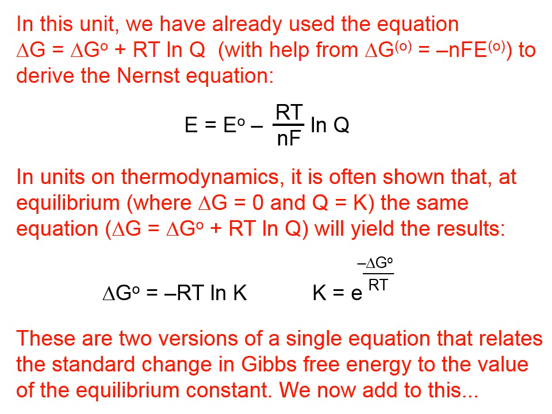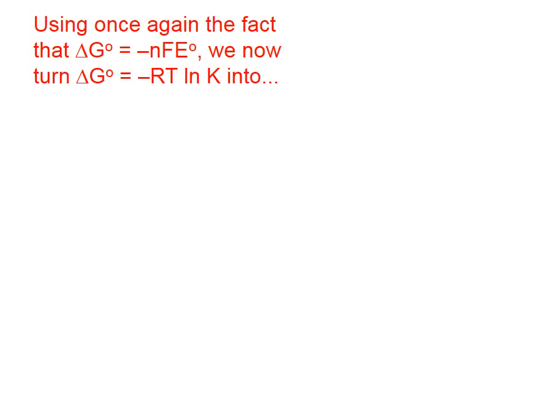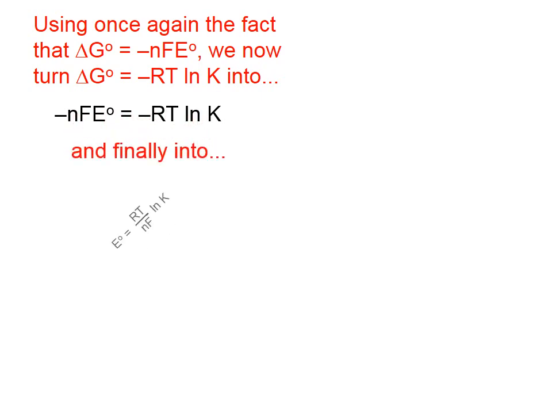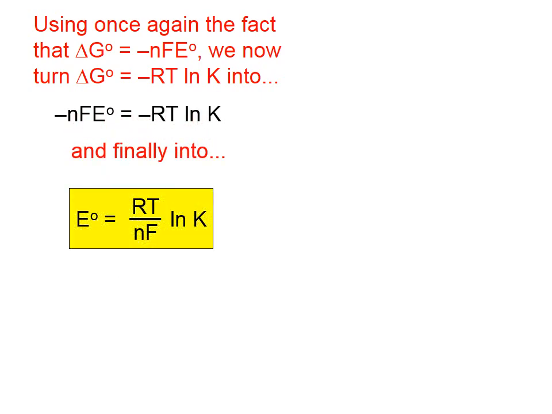We now add to this, using once again the fact that delta G naught equals negative NF E naught. We now turn delta G naught equals negative RT log K into this. Negative NF E naught is equal to negative RT log K, which we can simplify into that right there. E naught is equal to RT over NF log K, where R is